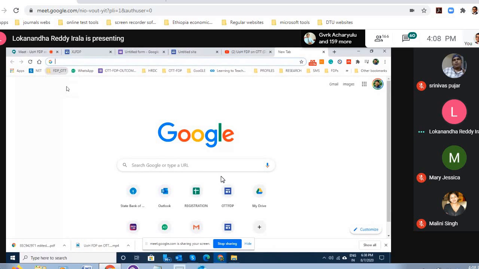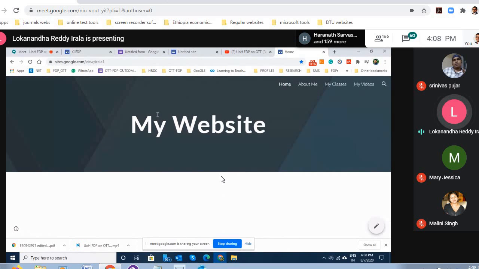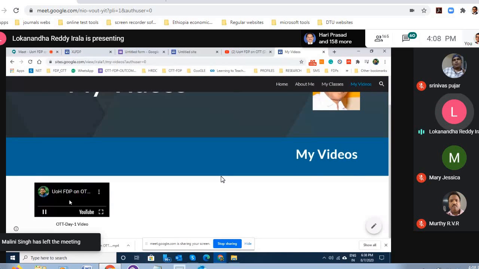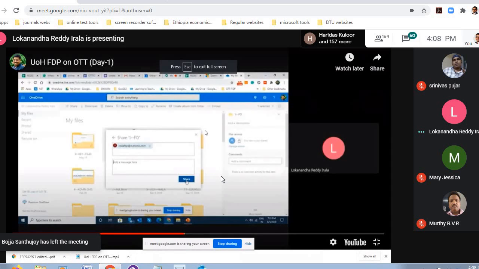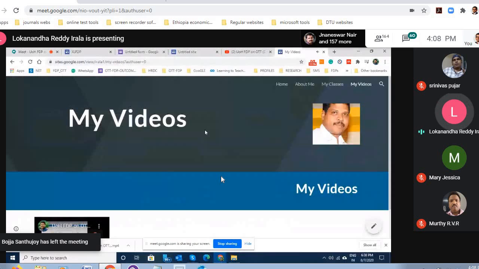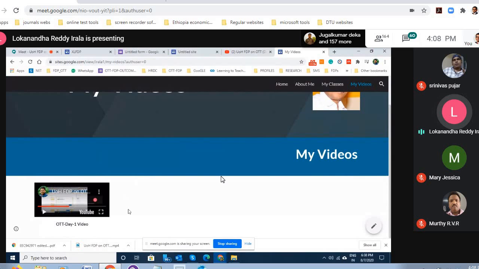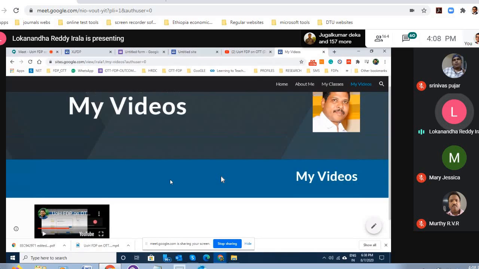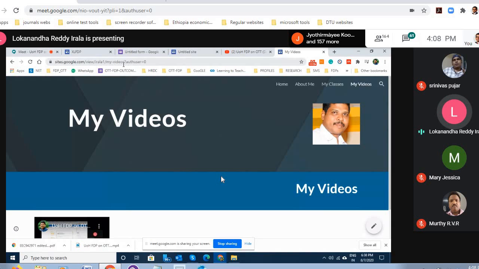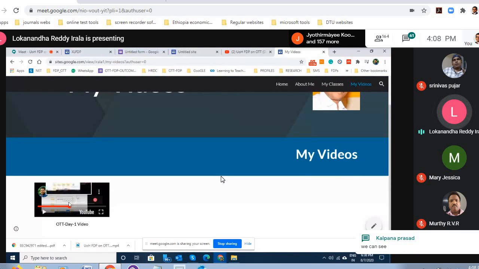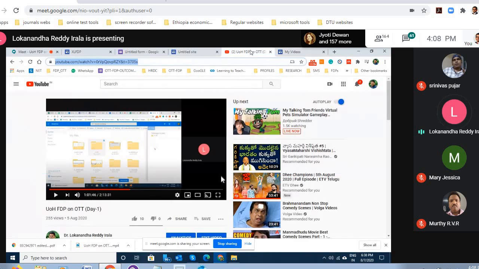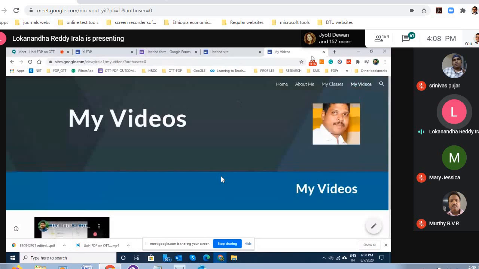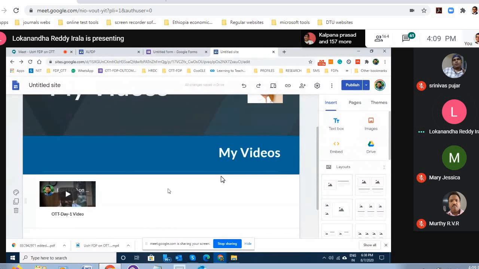Actually, I can go to the view version. Here, view my site. The only thing is I'll sometimes refresh it, and go to my videos and just click on this. Now anybody can actually see for yourself, it is already working, it is in the public domain. So anybody going to this site and going to my videos can go here and click on this, and this video plays. So the YouTube videos can be automatically placed that way wherever you want, right?